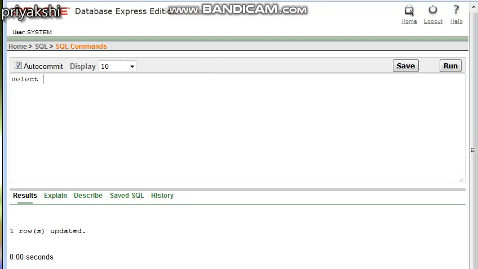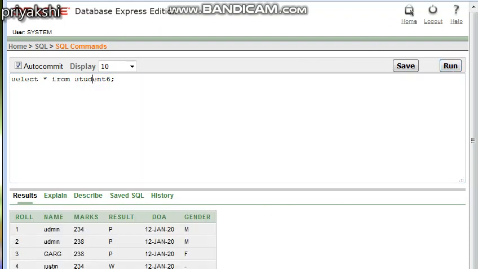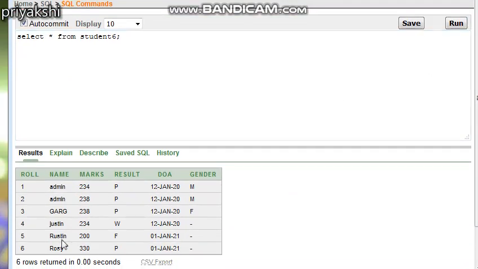Suppose if we take the example of this particular column, roll number 3 should be male by his gender value, but we have wrongly entered the value as female.